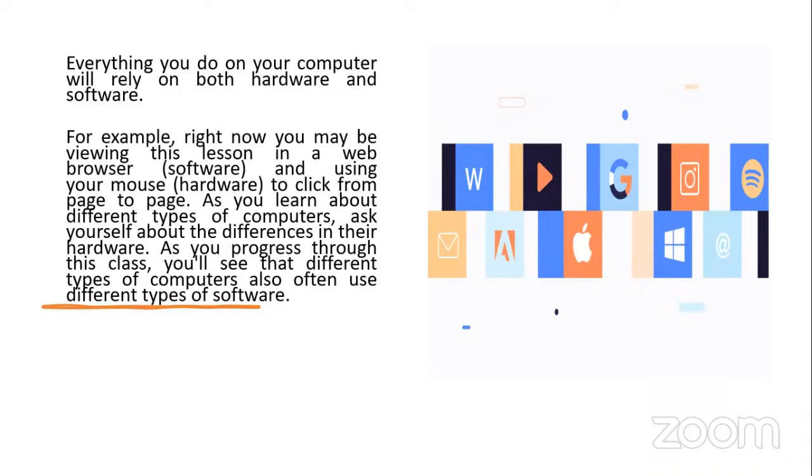But in a case whereby you don't want to format your system, and you want to install the VMware and let the VMware house this Linux on it, you need space. Number one, you need space on your hard drive. Number two, you need your RAM to be increased to either 8 gig or 16 gig. And there's something you need to also turn on in your BIOS. It's called virtualization. It's on your BIOS. Without you turning that on, you cannot run that Linux perfectly on that system. So that is it.